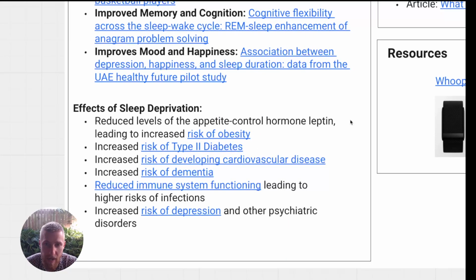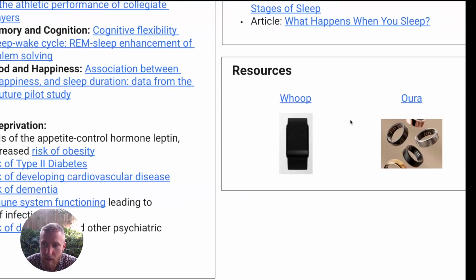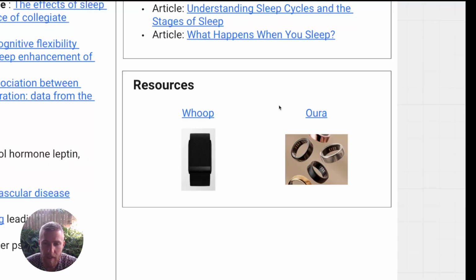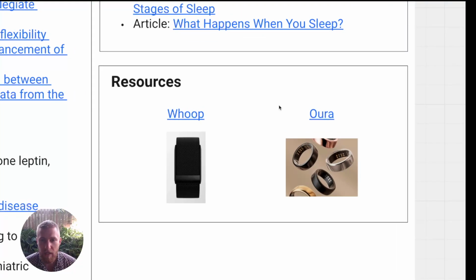And if you're curious about how to actually measure your sleep quality, there are a couple of really good retail products. So one way to do it is by buying these retail products like a Whoop or an Oura Ring. I think that they're probably the best in the market, without having to go to an actual sleep study lab and having all the commercial grade equipment. If you look at their websites, you can see how they hold up compared to the more commercial grade stuff that is used in a sleep lab, and it's a pretty high bar.